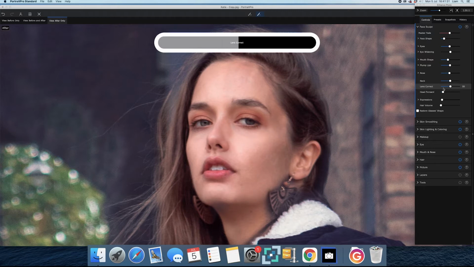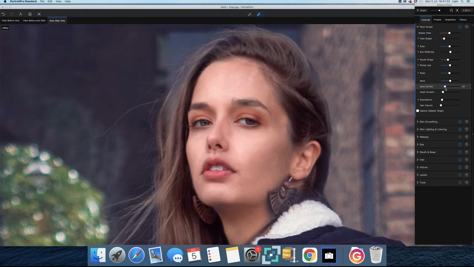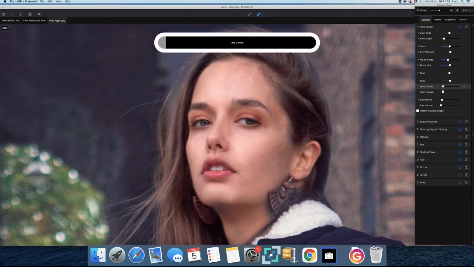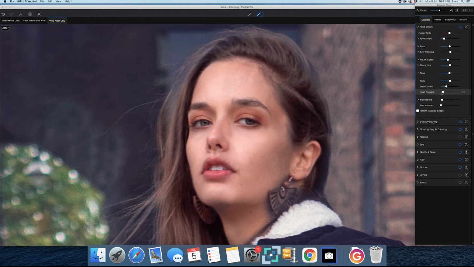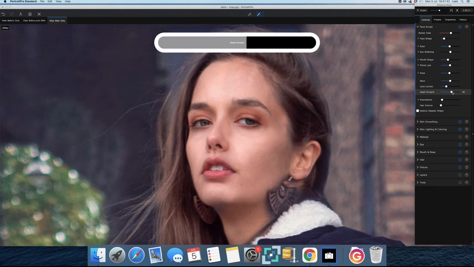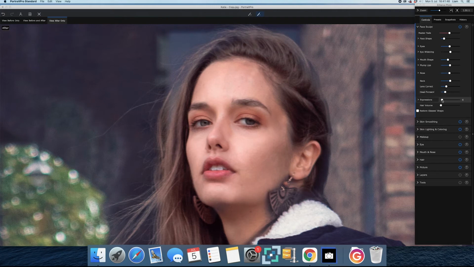Lens correct, yeah. Around about, I like that around that area, so you can see where it's changing if you look at your face. So let's go for about 29 in here. Head forward, again, that's just small steps. I will leave at 24. Again, this is just a very quick